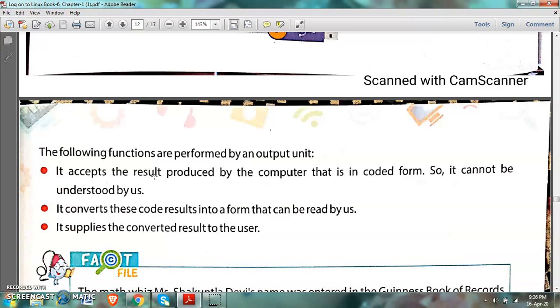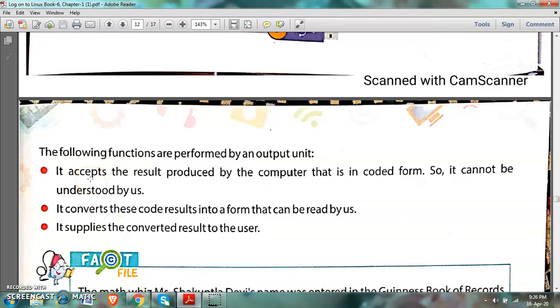So this result is converted into readable form. It converts this coded result into a form that can be read by the user. After that, it supplies the converted result to the user. So like this, the result comes to us.